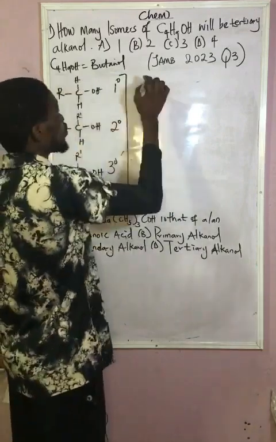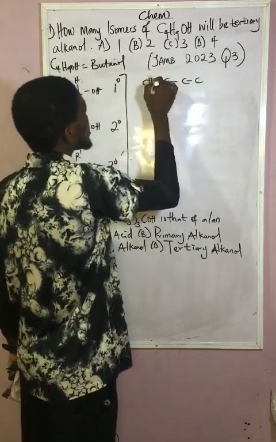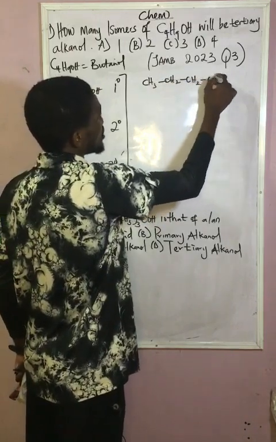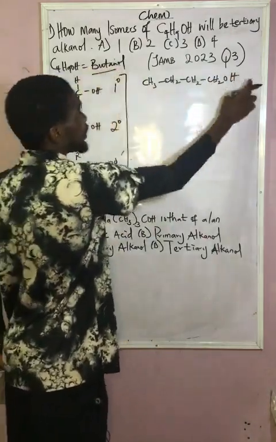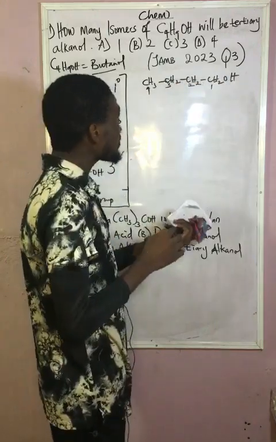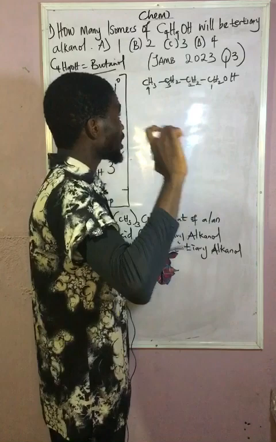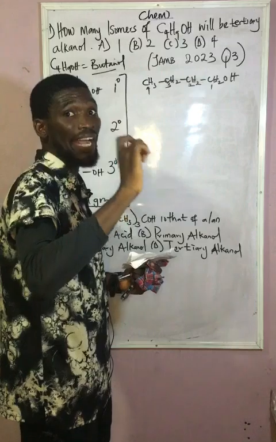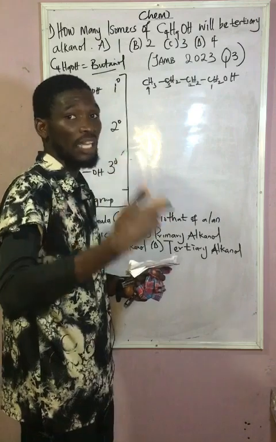So now, we have carbon 1, 2, 3, 4. So we can have CH3 here, CH2 here, CH2 here, CH2OH. So what do you have? A 1. So when you name it, 1, 2, 3, 4. If you are naming a compound that has a functional group attached to it, either OH, either COOH, which is carboxylic, either CHO, which is alkanal, either CO, which is alkanone, either COO, which is alkanoate,